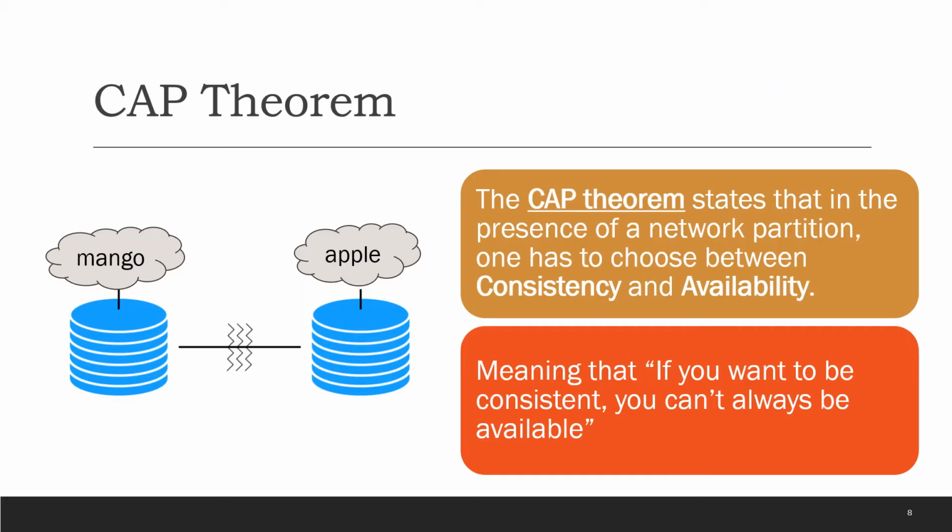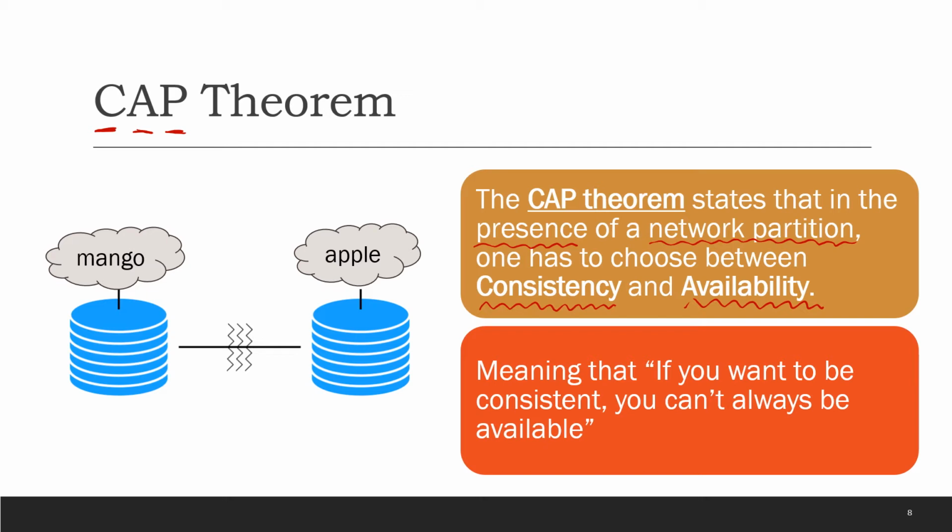Okay, so let's have a look at the CAP theorem as a whole. Remember, C for consistency, A for availability, and P for partition tolerance. The CAP theorem states that with the presence of network partition, which we cannot avoid, right? It's something that is uncontrollable, out of our control. So when a network partition may happen, we have to choose between either consistency or availability,